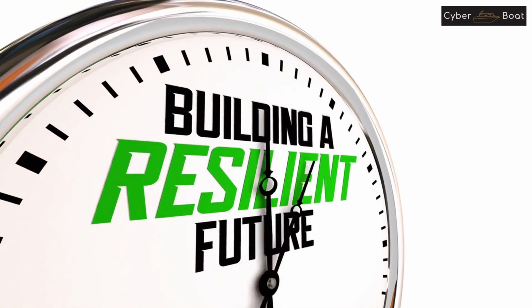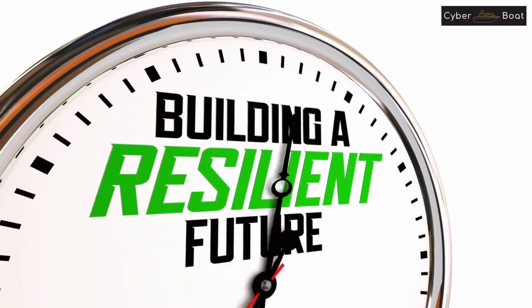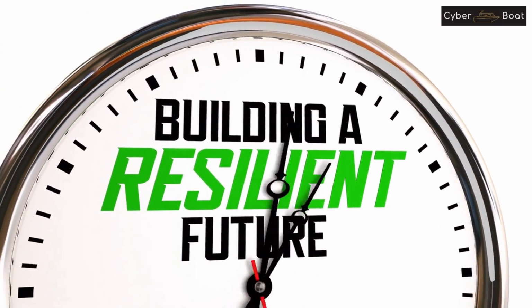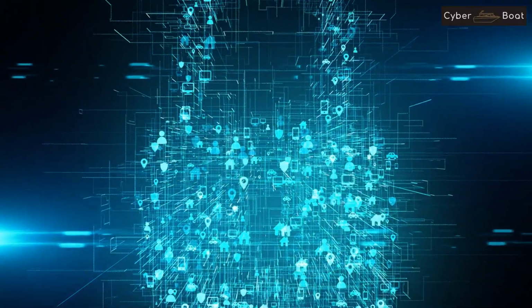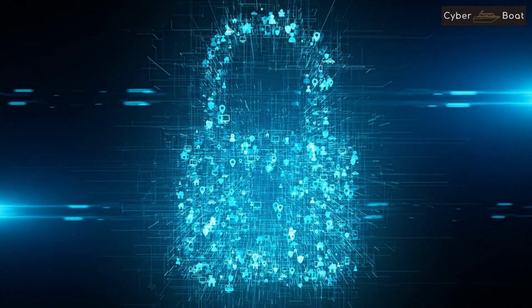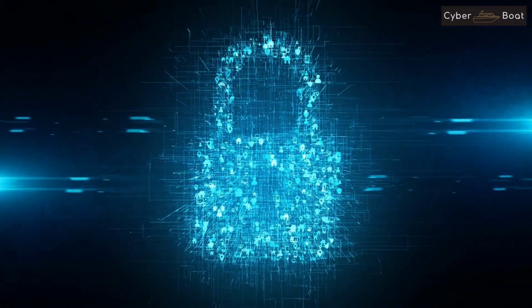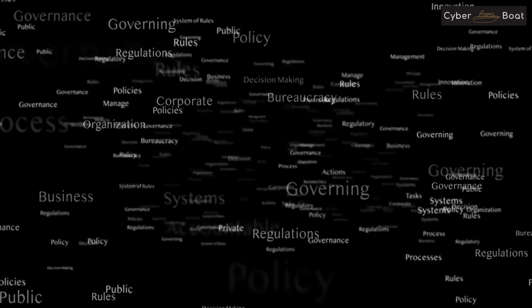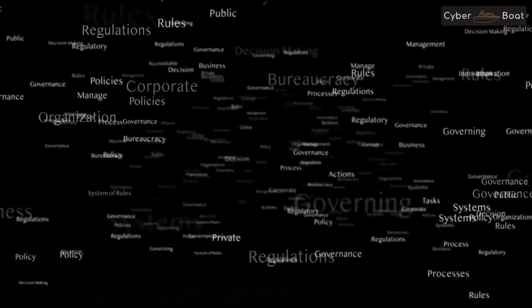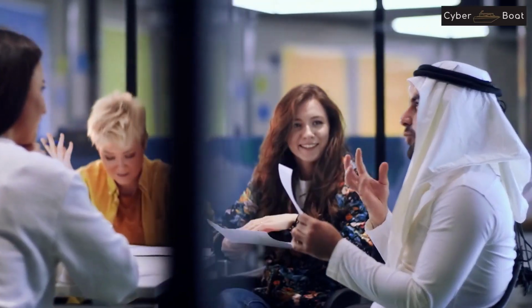Welcome to the third domain of the ECC, Cybersecurity Resilience. As we have previously discussed, the ECC is a comprehensive framework that helps organizations in Saudi Arabia protect their systems and information from cyber threats. So far, we have covered the first two domains of governance and defense. Today, we will be discussing the importance of including cybersecurity resiliency in business continuity management.